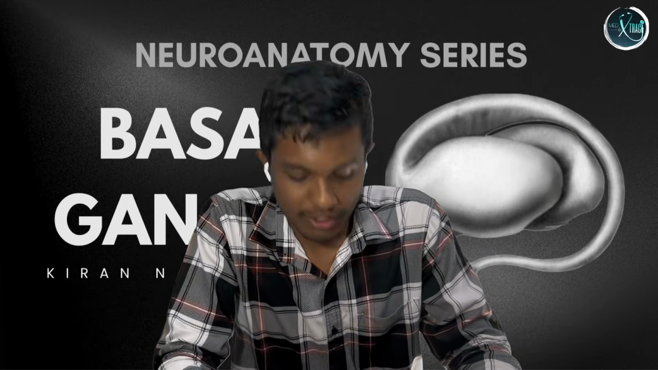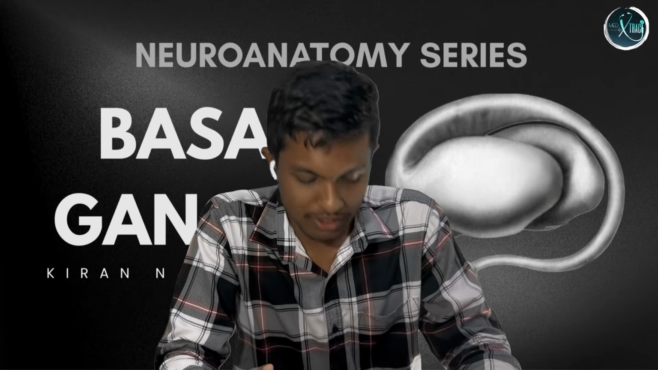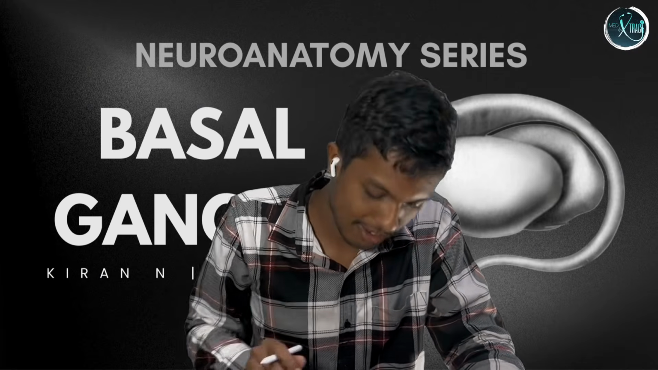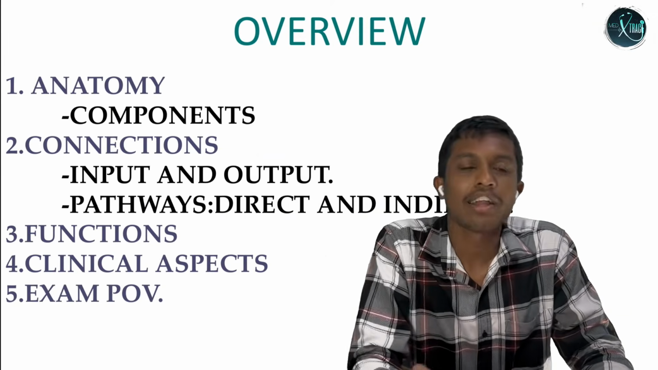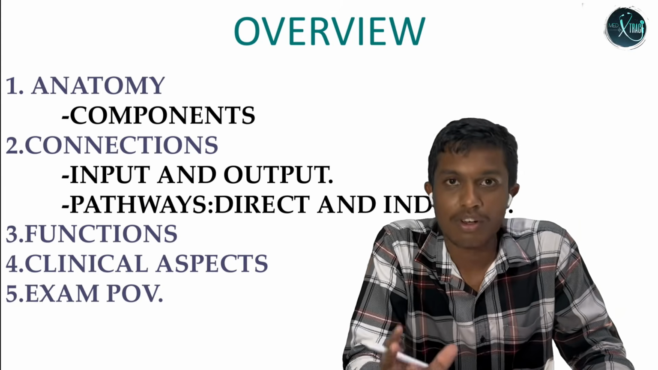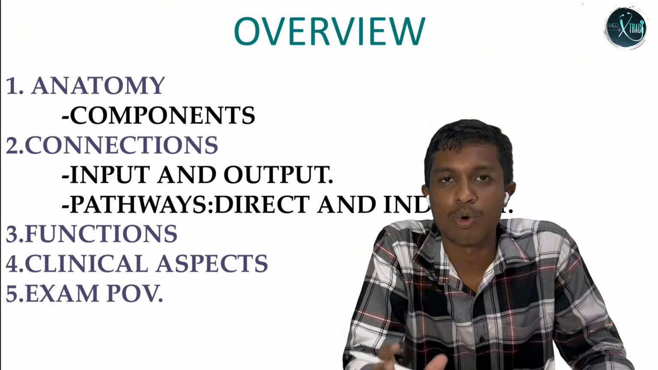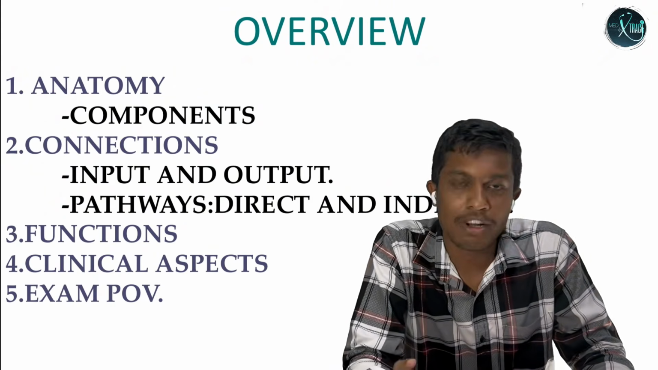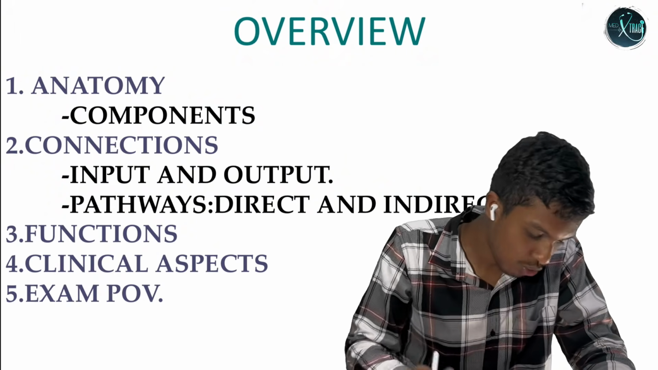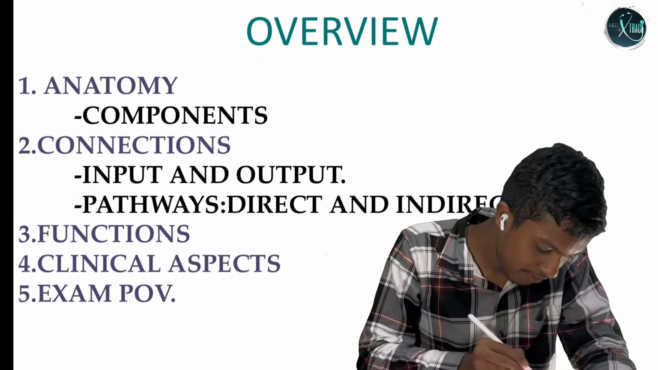Today's topic is basal ganglia under the neuroanatomy series. So, let's start. Basal ganglia is mainly involved in motor activities. It is part of the CNS. Today we are going to read about its anatomy,